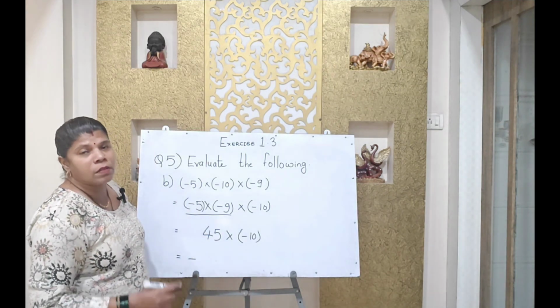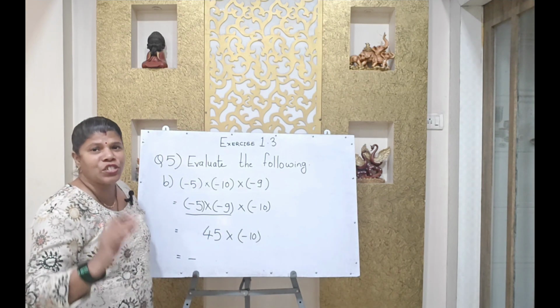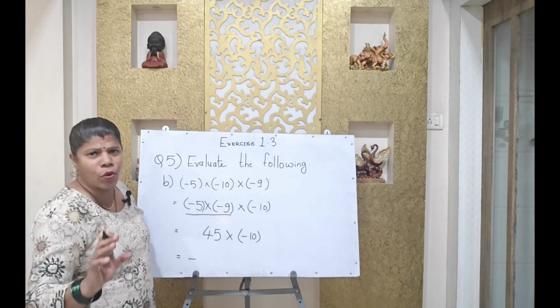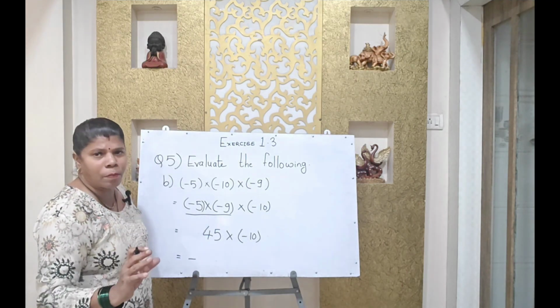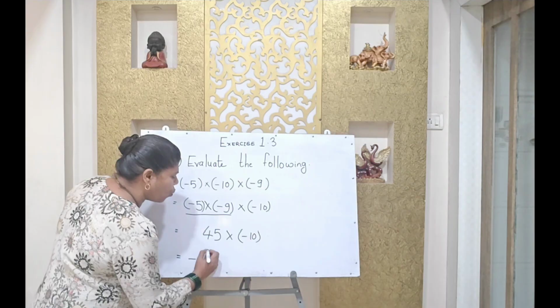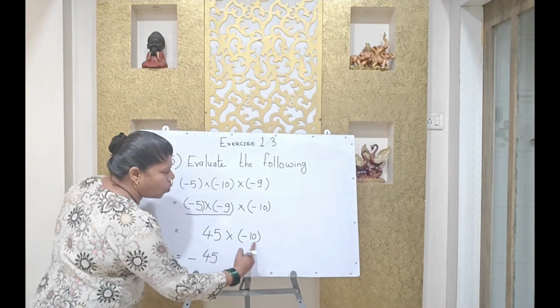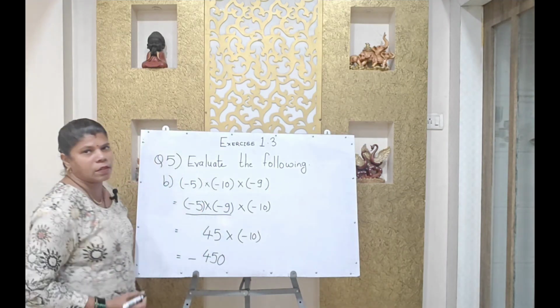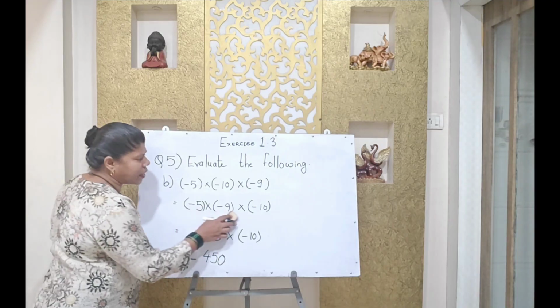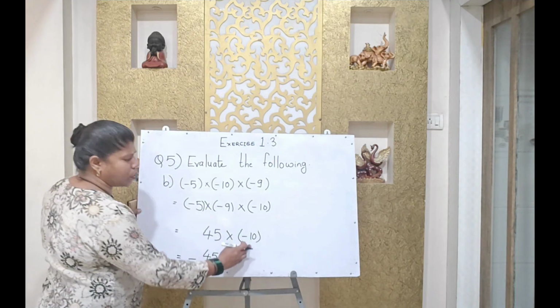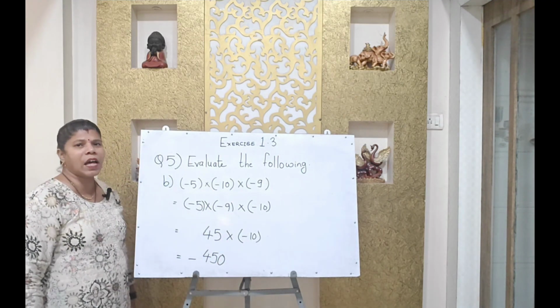While multiplying any number by 10, 100, just count the 0s and write the 0s at the back, at the end of the number. The answer will be the same. How? I wrote 45, only 1 zero, 450 is the answer. Okay. Without any calculation, you can just count the 0s and write down the 0s, and you get the answer.